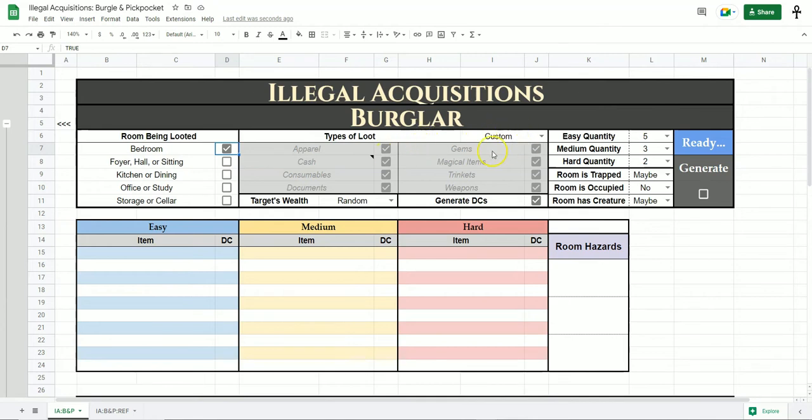Currently it's set to custom, and if you've seen any of my other generators, you know that custom turns off this particular checkbox system and it pulls from an odds table that we will look at in the back half of this video in the custom settings area. But if you don't want to deal with that, we can also just turn it to random. This section turns on and you can now control via the checkboxes what type of loot might be found in